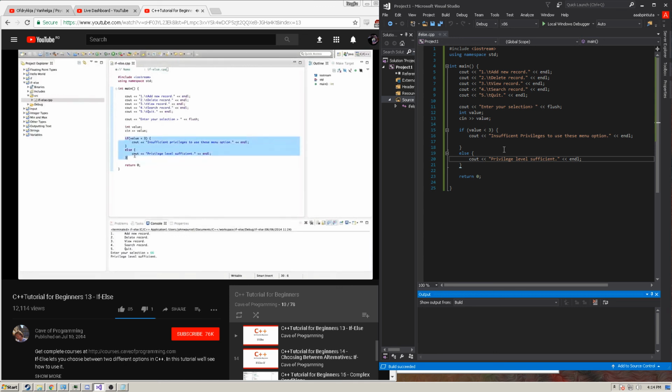So this is if else, and I want to draw your attention to the fact that I've indented the stuff between these curly brackets by a tab. You could write it like this. Well, you could put the brackets anywhere and miss out tabs left, right and center. But it's really hard to read this, especially if you have multiple lines in here. So you should absolutely never do that. Wherever you have curly brackets, indent the code between them by a tab. And if you have curly brackets within curly brackets,